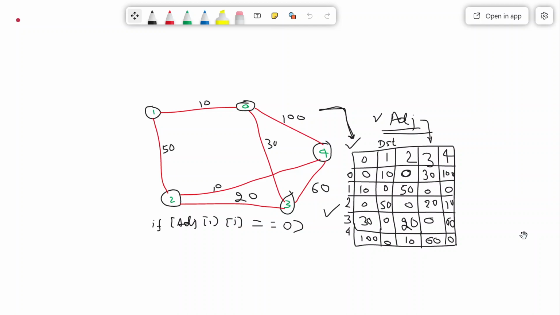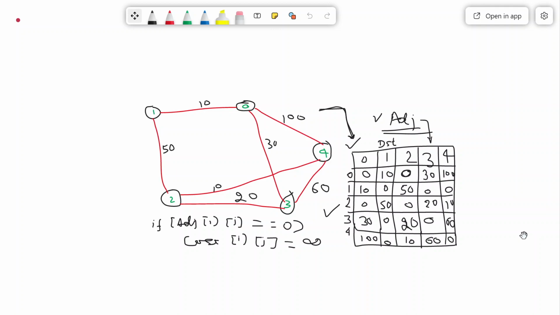In that place, what you write as the cost for i and j is infinity. The 0 will be replaced by infinity.